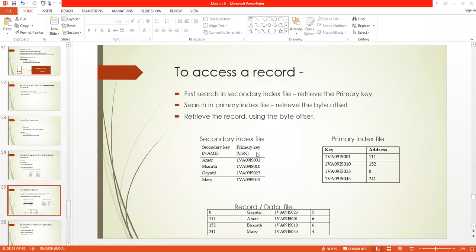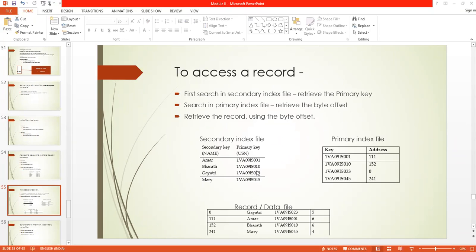So I retrieve the record of Gayatri. I search for Gayatri in the secondary index file by name. So here I get Gayatri. Gayatri's USN is IS023, suppose.